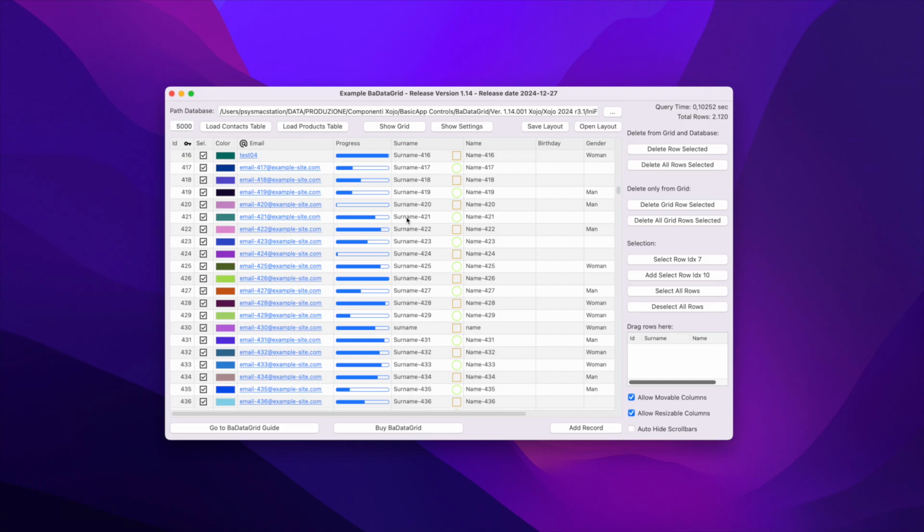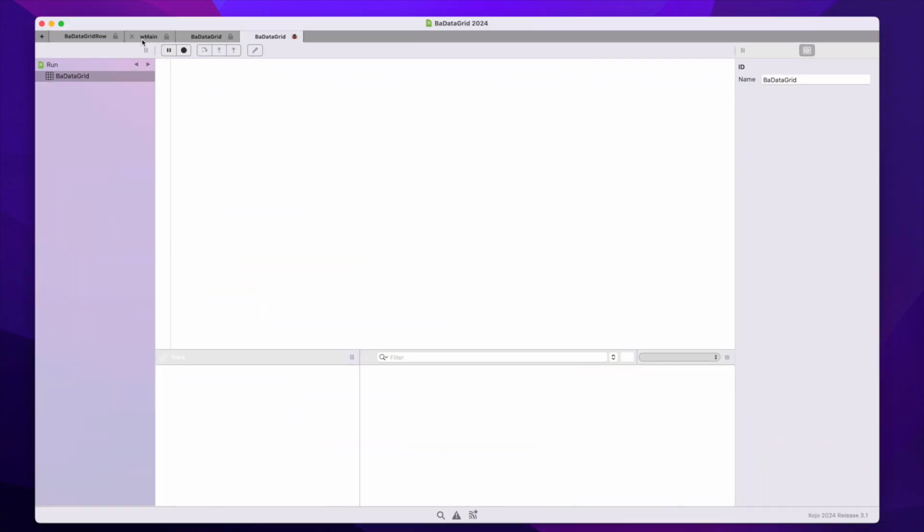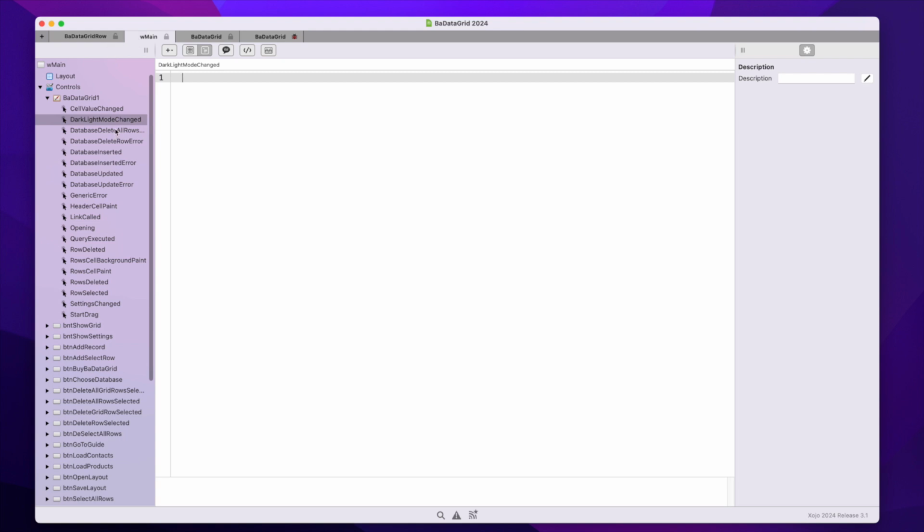Both the header, the footer, and the rows have two events that allow you to redraw the entire content of the cell with a picture type object. The two events are distinguished by the fact that the first allows you to edit before the cell is drawn, and the other after that allows you to overwrite the drawing.